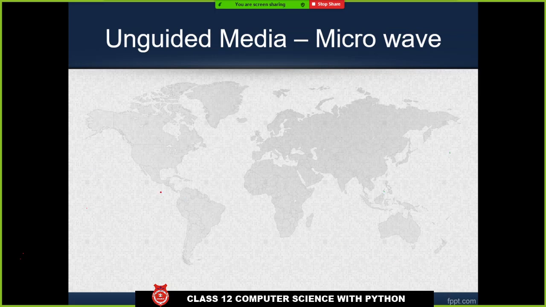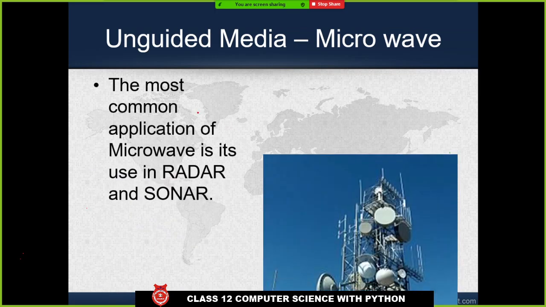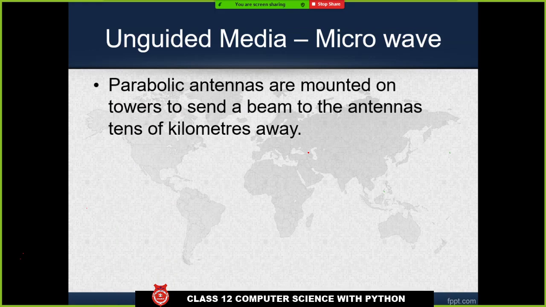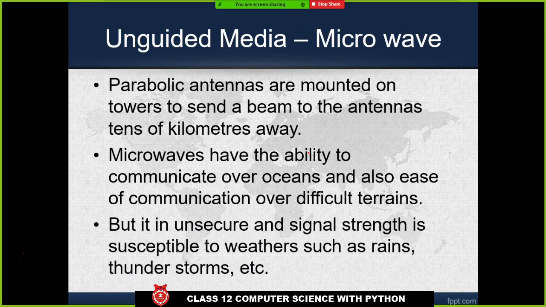Now let's quickly go through the unguided media. The different unguided media are, the first one is microwave. I hope you have seen these types of mobile tower or something like that. This is a microwave receiver through which we can talk to each other. Signal can travel. Okay,